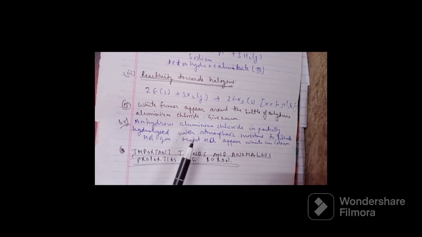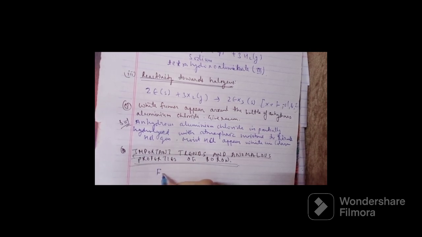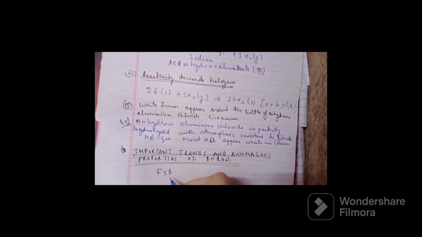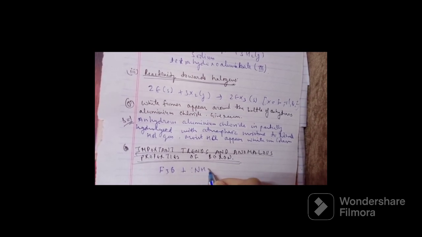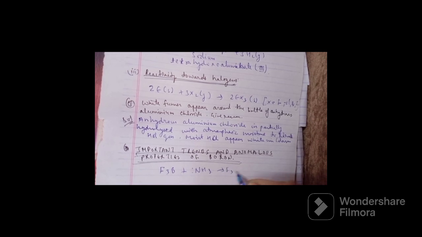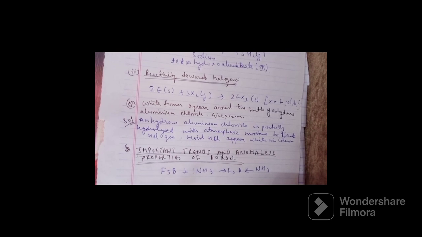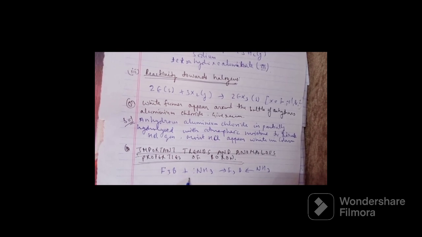Boron trifluoride easily reacts with Lewis bases such as NH3 to complete the octet around boron, which is BF3 plus NH3 giving F3B←NH3. It is due to the absence of d orbitals that the maximum covalence of B is 4,